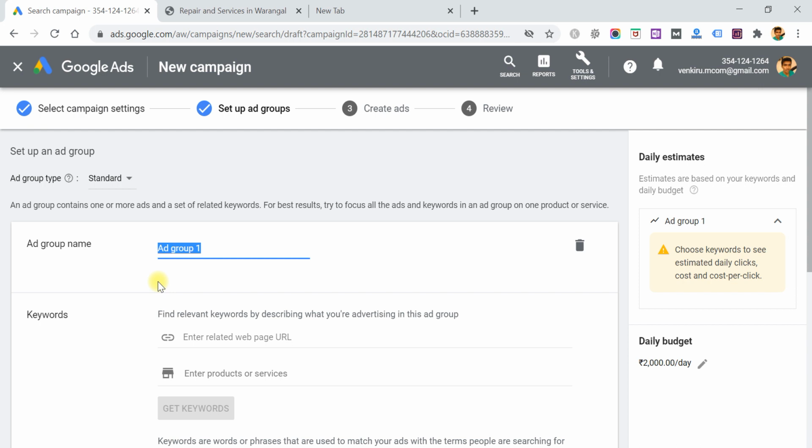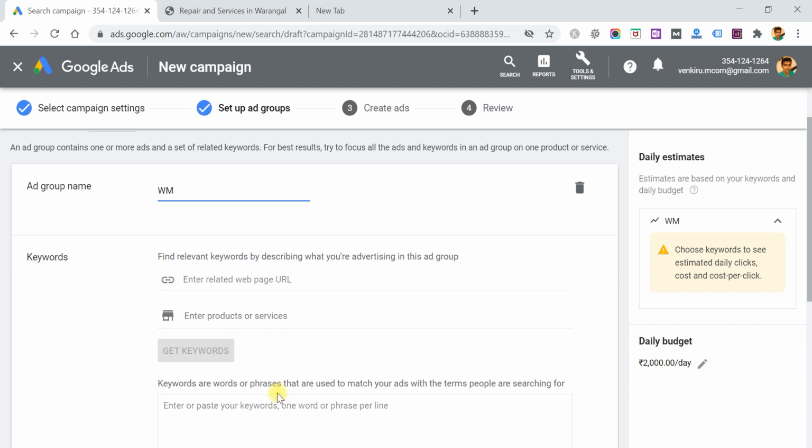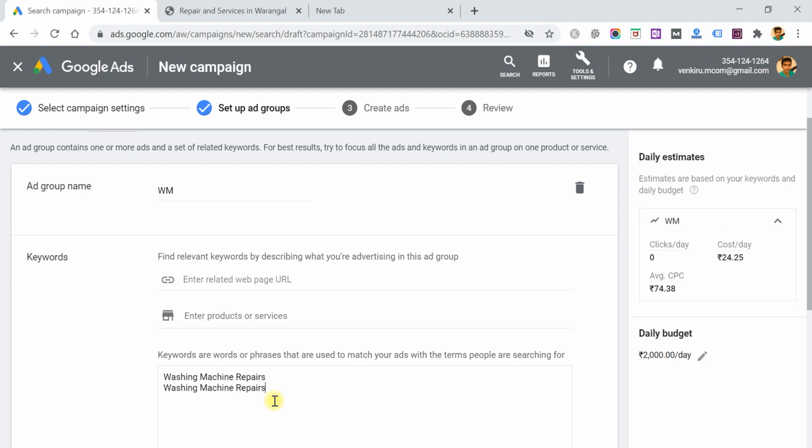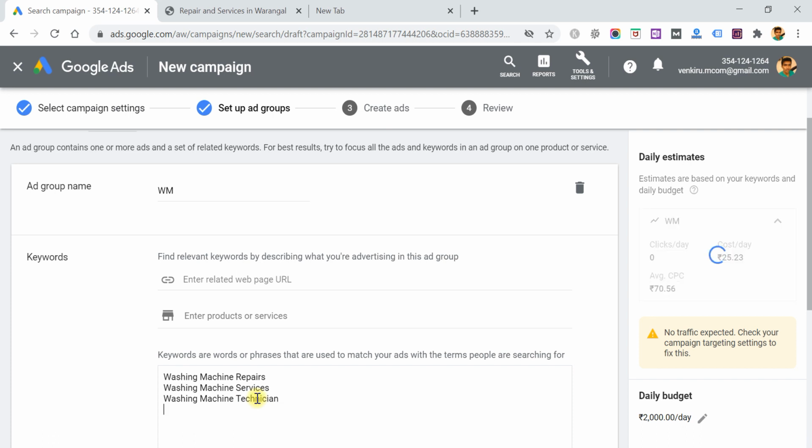Add group name. I'm going to create a washing machine campaign, so I'm writing washing machine. Here: washing machine repairs, washing machine technician, washing machine mechanic.